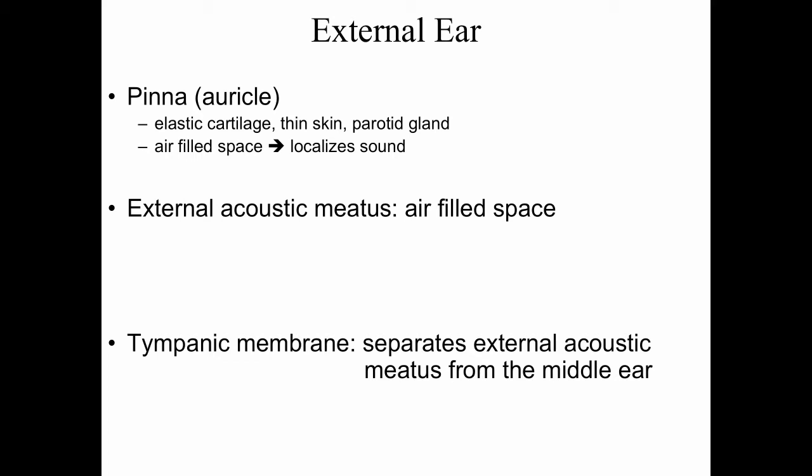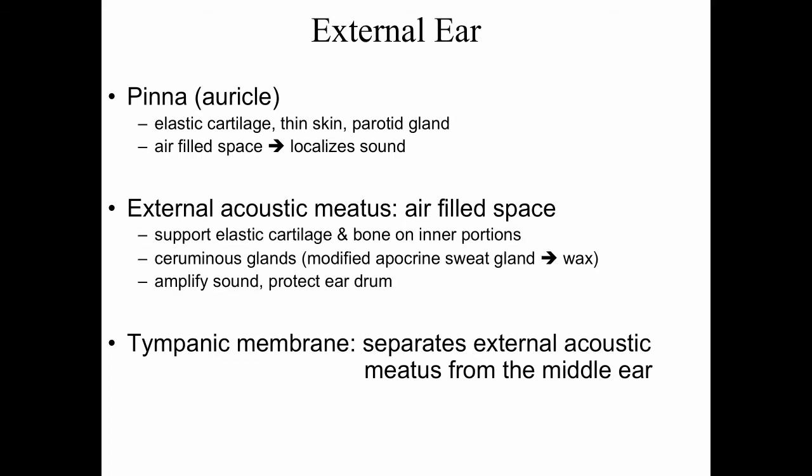The external acoustic meatus is an air-filled space. It's supported by elastic cartilage and bone on the inner portions. It, of course, contains the ceruminous glands, which are modified apocrine sweat glands, which secrete earwax. And it functions, obviously, to amplify sound, to help determine the direction of sound, and to protect the eardrum. And the eardrum is the tympanic membrane that separates the external acoustic meatus from the middle